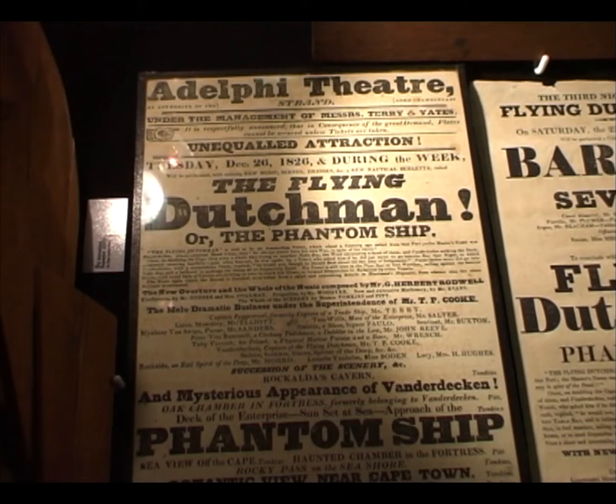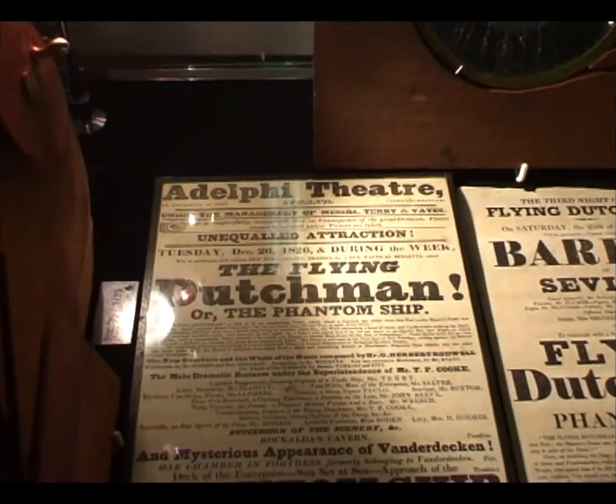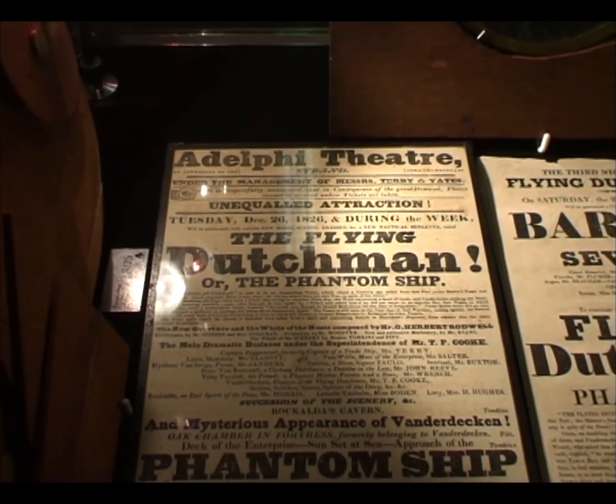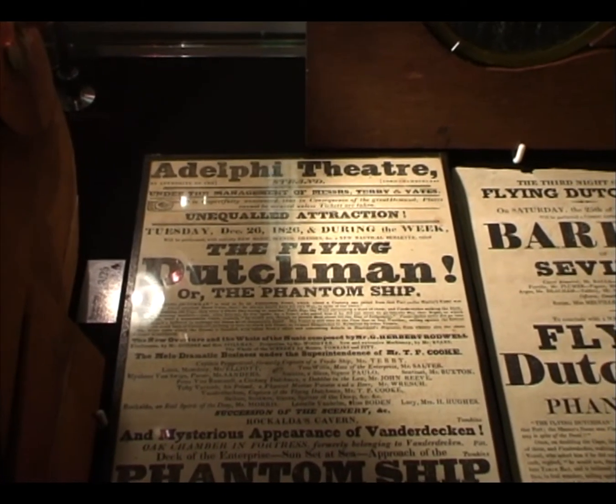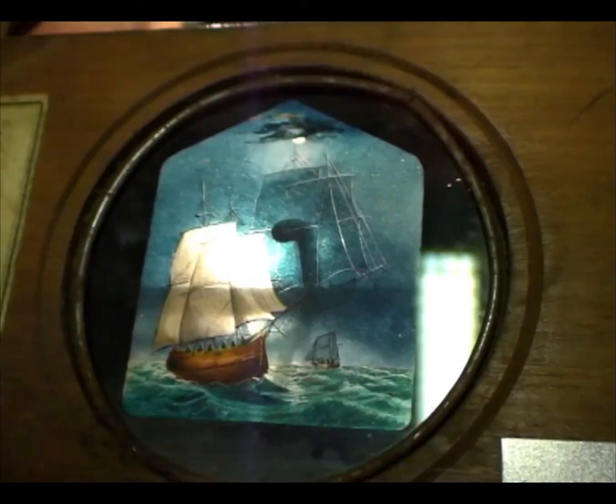Henry Child, before he started work at the Polytechnic, was painting slides apparently for Mr. Robertson for his Phantasmagoria shows, and he soon went on to produce his own slides for the Adelphi Theatre of the Flying Dutchman. And here we have a poster from 1827 that advertises the Flying Dutchman and the Phantom ship in full sail, with not the actual slide he used, but an early slide from the 1840s of the ship, the Flying Dutchman, and the spectre of it behind,